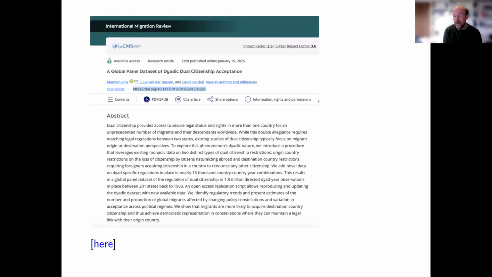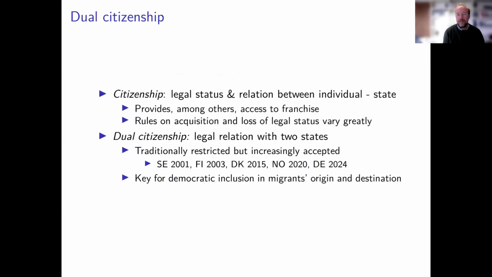So we presented in this paper the data set, what is behind it, why we collected the data, how we collected it, and what you can do with it. This is a published paper, but certainly not the end of the story, and we are very happy for people to make use of our data, to replicate what we do, to link our data to other related questions. And we look forward to seeing all the work that hopefully people will be doing with our data.